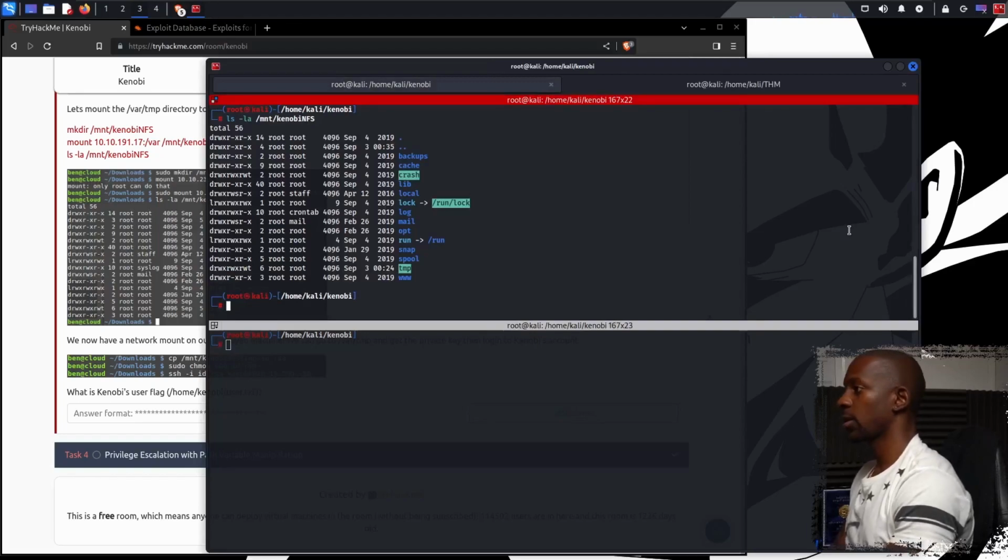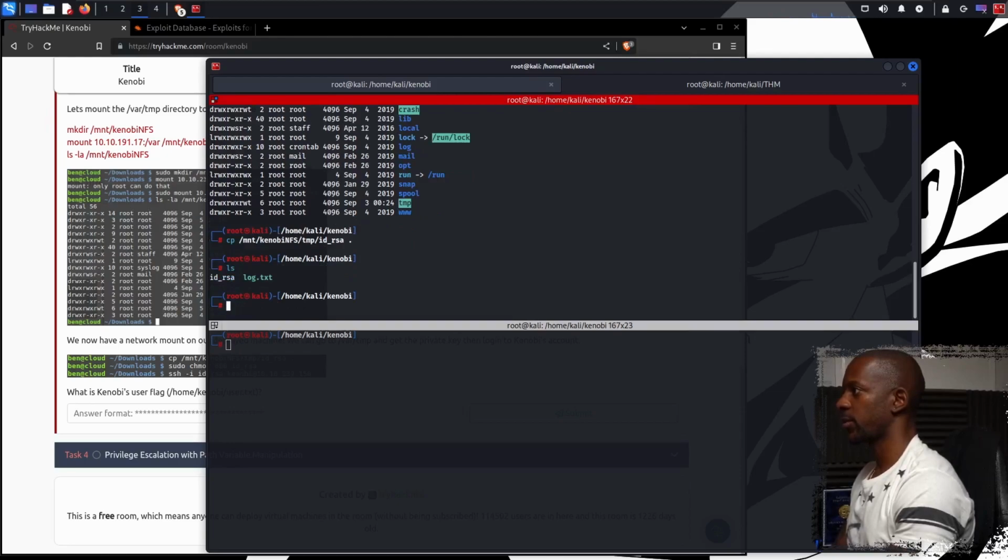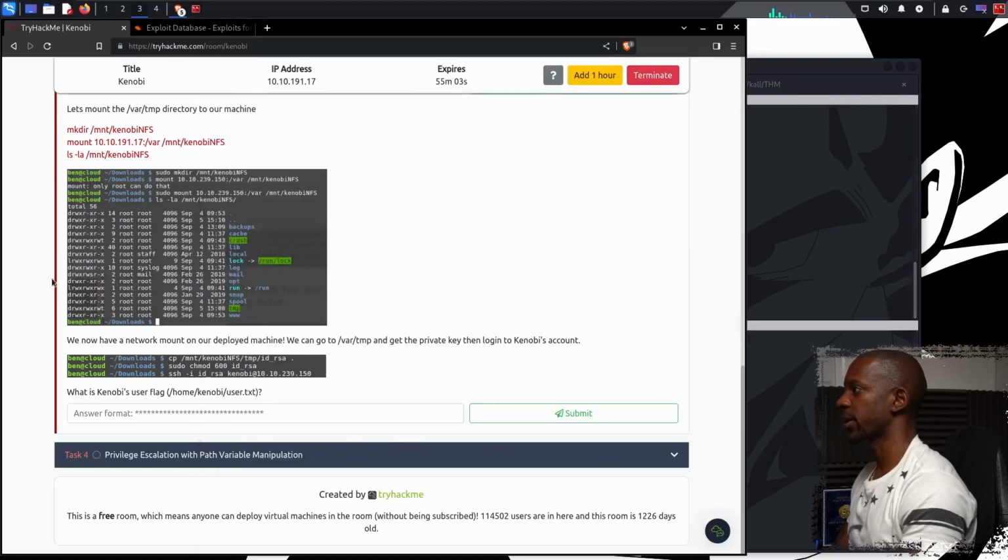So I'm going to copy from, so I'm just going to type this to copy into the current directory, and we have the id_rsa file from the var directory, temp directory we just created. Okay, so now we have a mount, and with deploy we can go to var and copy Kenobi's account SSH